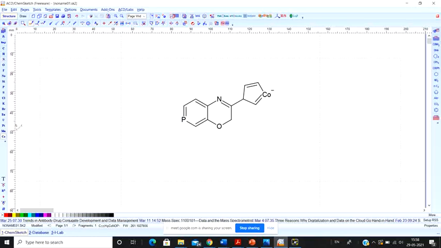Okay, and now suppose I have this cobalt here, and I have added a minus group here. I need to reduce the minus. Suppose I don't want to add a minus group there. What to do? Or I need to add a positive charge to this nitrogen. How to add it? See, in the same panel, if you come down, there is an option called plus or minus. If you hover your pointer over it, it shows you the increment charge or something like that. Now, if I click it, and now if I click nitrogen, see, I have added a positive charge to this particular group. If I click onto this oxygen, see, I have added a positive charge to this particular oxygen.